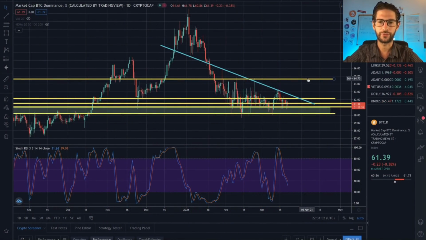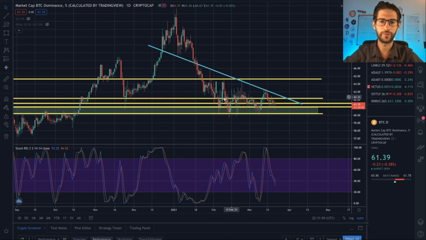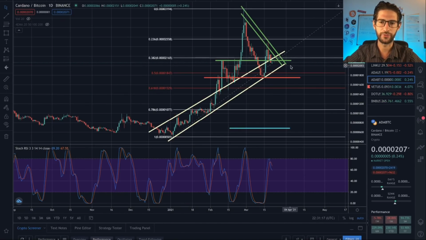So to summarize, you need to look at how the Bitcoin dominance will display on this ascending triangle that we mentioned before. That will tell us if we could have a new rally on the altcoins, or if Bitcoin will run. ADA against Bitcoin, you need to continue seeing this channel, see what happened with this trend line. You could have a trade here if this pattern breaks. If we break down here, remember we could have some support here and in the golden pocket. Below that, we are in a better position for Bitcoin against ADA.